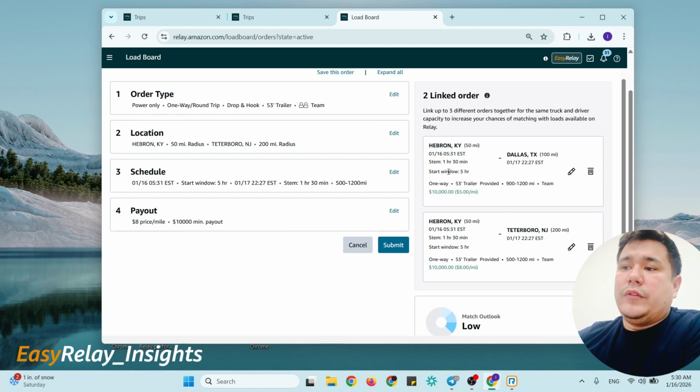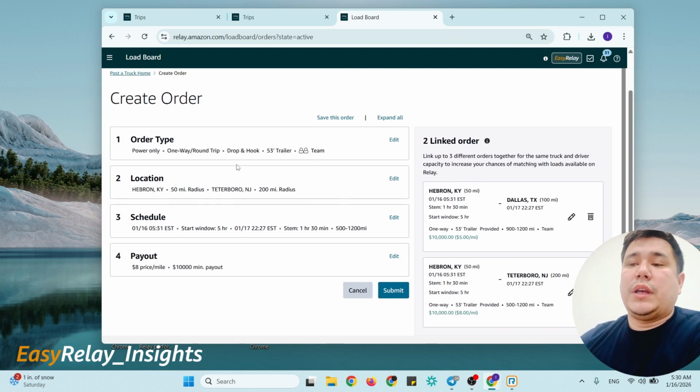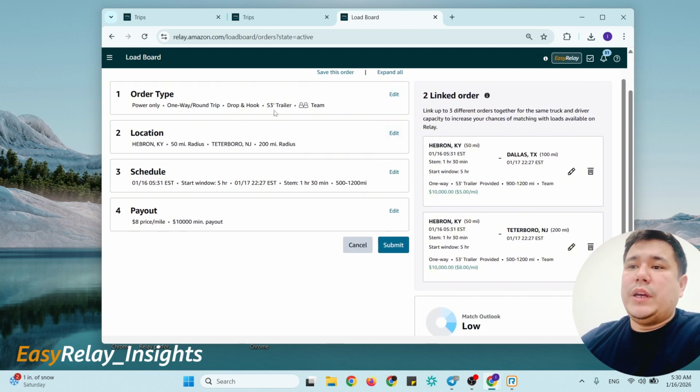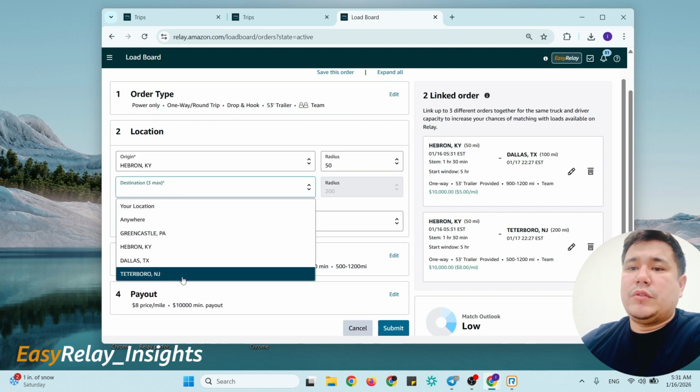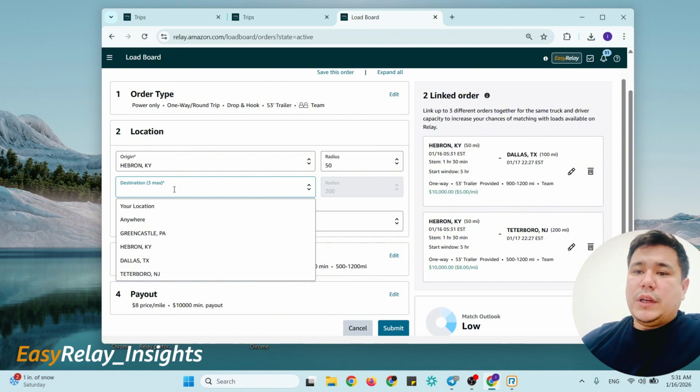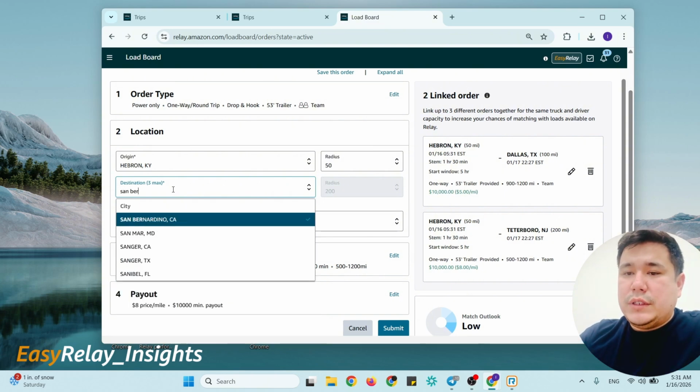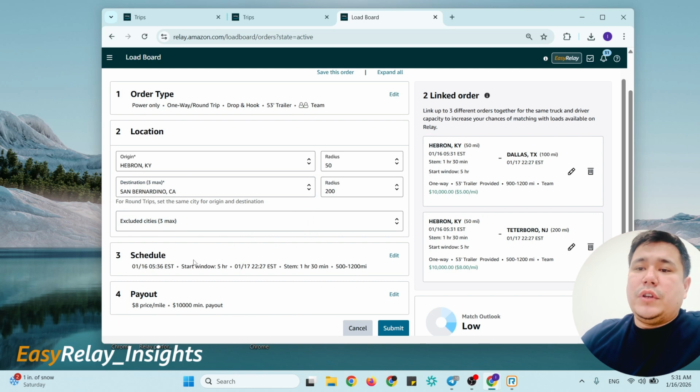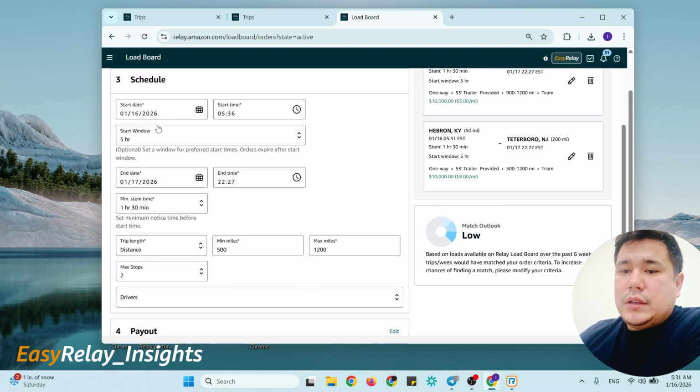So for example, we can create up to 3. So you're gonna create one more. You're gonna see now. And if one of them books a load, the 2 others are gonna be canceled. So you are not going to book 3 loads or 2 loads at a time if you have only one truck in one place. So the same way you're gonna create, for example, the order type, power only, it's the same. You can change the location for destination like California, let's say San Bernardino, California,